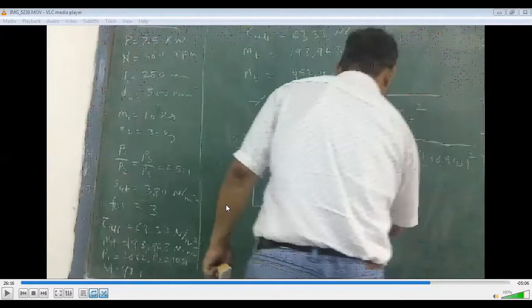Okay. Good morning, guys. So this is where we stopped last time. We found out the radius. This is a design based on the strength basis, right? We did this design. We found out the diameter. Now we'll continue and do the same shaft design on the torsional rigidity basis. Okay. Let me just share my screen with you, and you guys let me know whether my screen is visible to you and it's audible. Okay. Let me just play that with you.